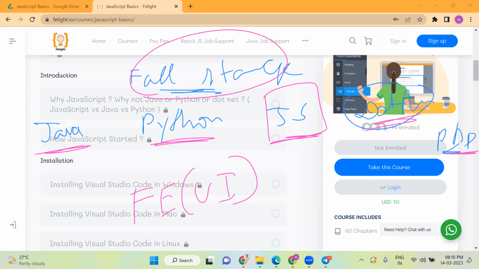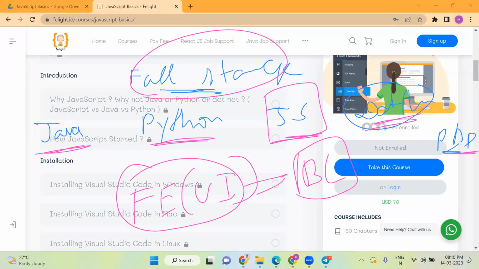Then typically we use the term backend, which is basically the business logic. And to save the data, we'll have a database. The developer who has the knowledge of how to work with the database, business logic and the front end